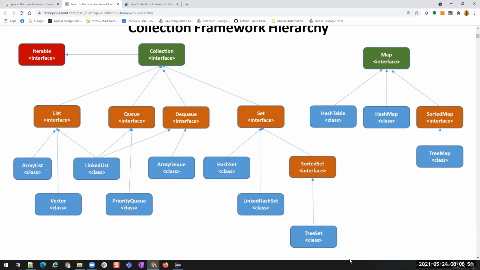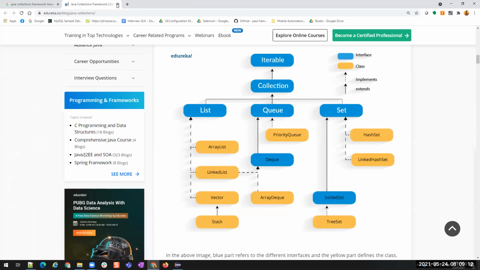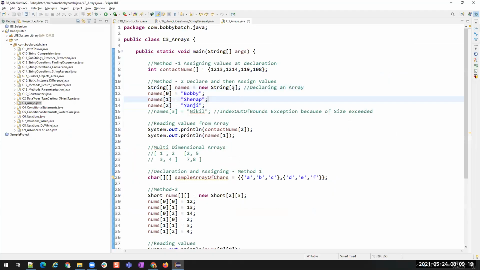Whatever is here, all of these are dynamic in nature. So at runtime, you can increase or decrease the size of this list or queue or set or map. It is not needed to have a fixed size for these objects. How is it getting increased? There are some formulas. When we are creating arrays, here we are mentioning the size of the array, right?